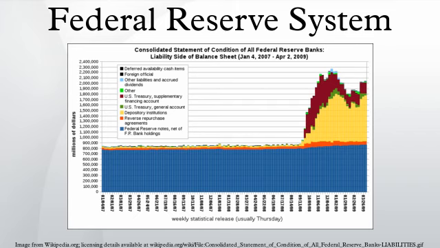A member bank is a private institution and owns stock in its regional Federal Reserve Bank. All nationally chartered banks hold stock in one of the Federal Reserve Banks. State-chartered banks may choose to be members, upon meeting certain standards. About 38% of U.S. banks are members of their regional Federal Reserve Bank. The amount of stock a member bank must own is equal to 3% of its combined capital and surplus.